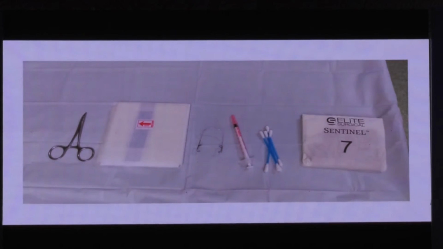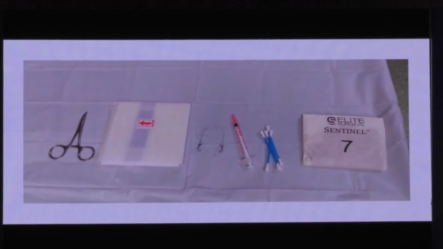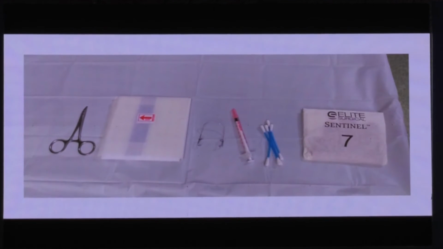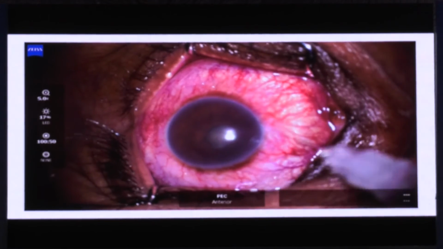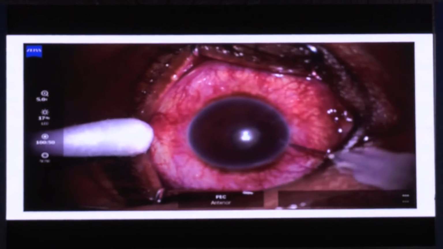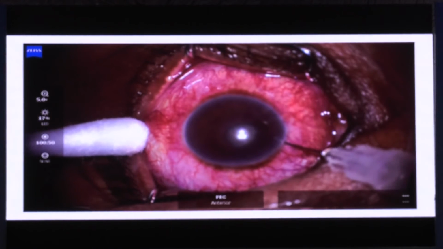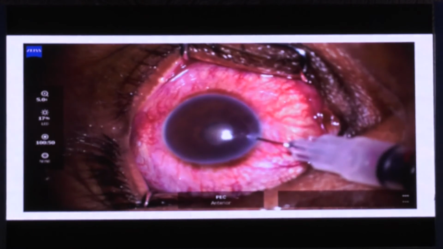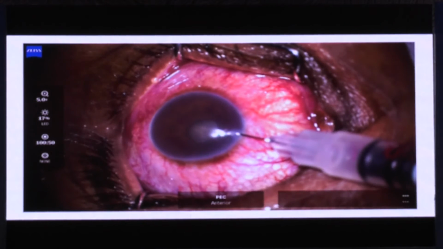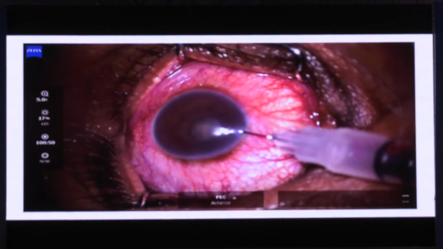And these are the instruments which we routinely use. This is an insulin syringe for the tap. So this is a small video on how we do a tap. So we anesthetize the eye, and with an insulin syringe, which is a 30-gauge needle already attached to the syringe, you enter the eye, and you can stabilize it with a pledget from the other side with the bevel up,